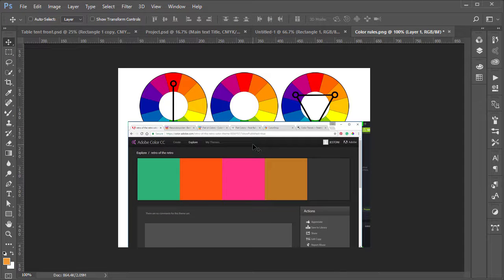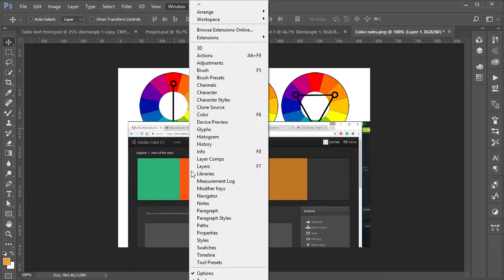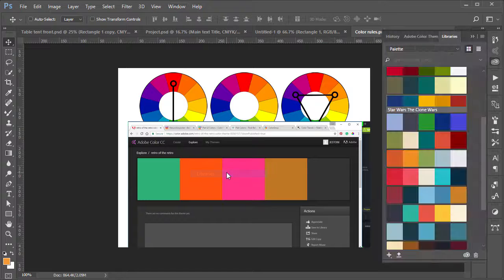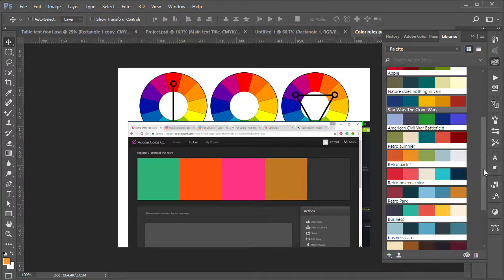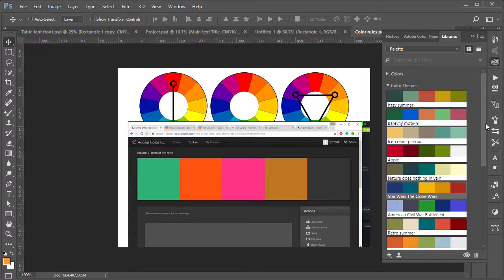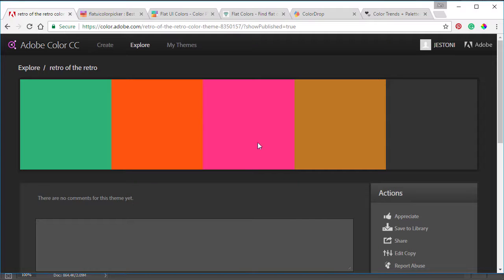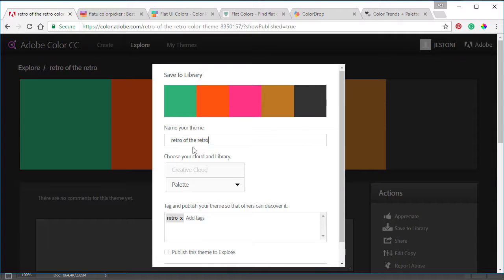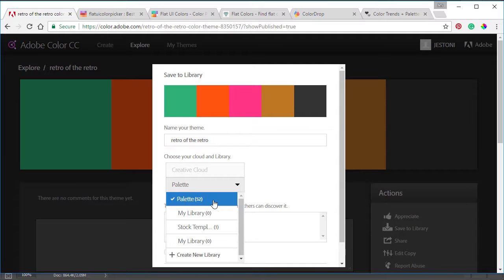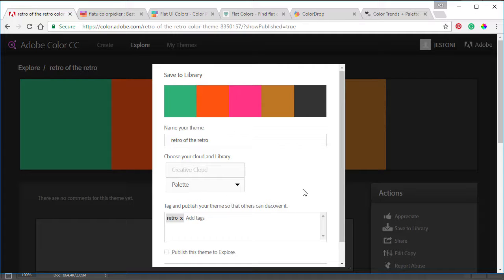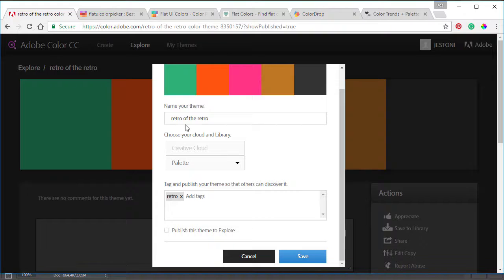Alright, and if you're using the CC version, you can open the libraries by going to Window, Libraries right there. As you can see, I already have some of the color palettes that I saved, and you can save using that website right here. Save the library. As I remember the name, let's say it's retro. I can select on the library, the categories, it's palette. I already have some here. I can create one but let me save it in palette. Click save. Of course, I can change the name on it